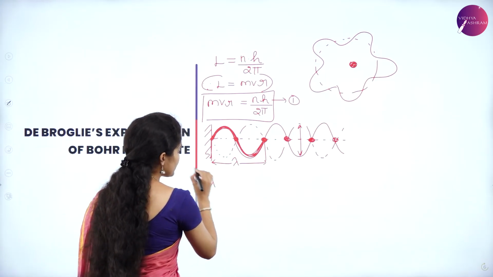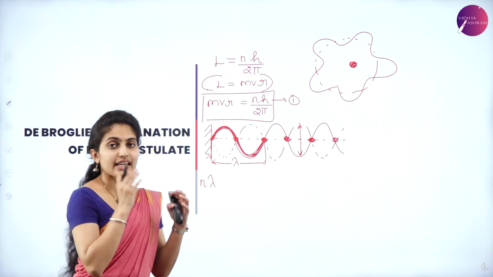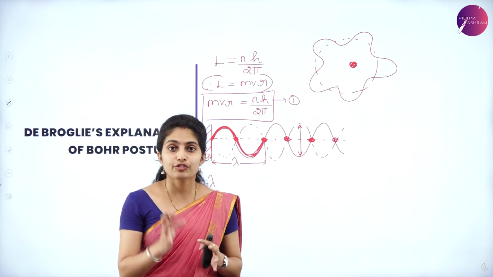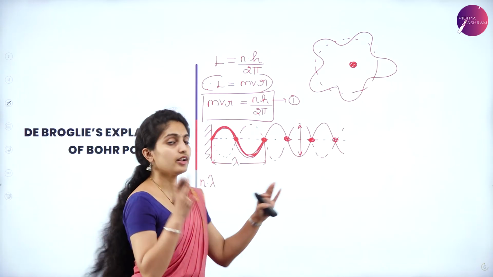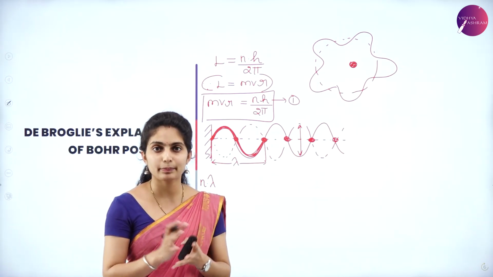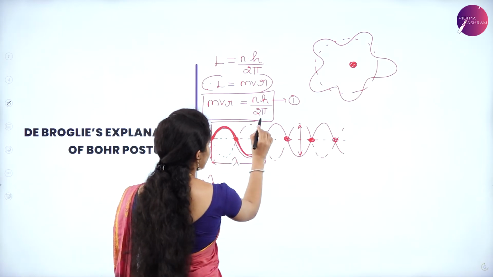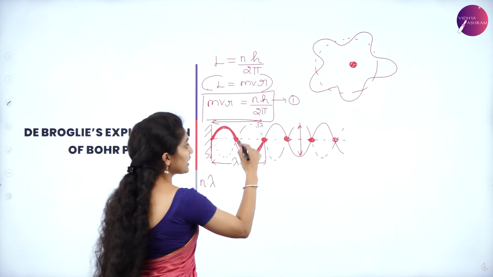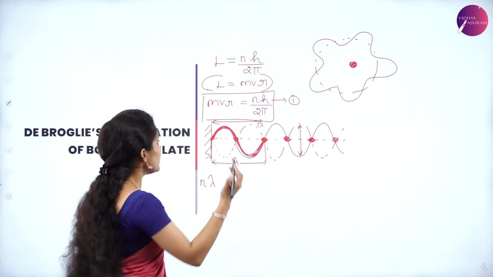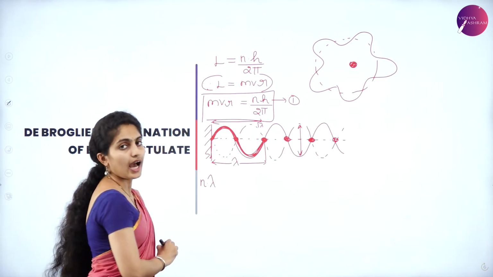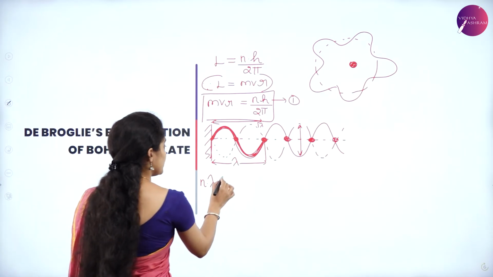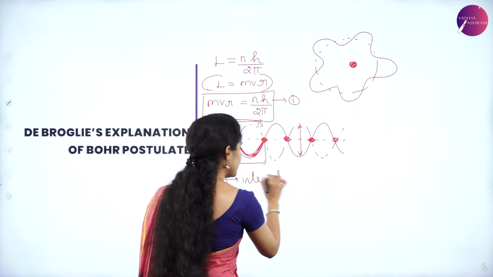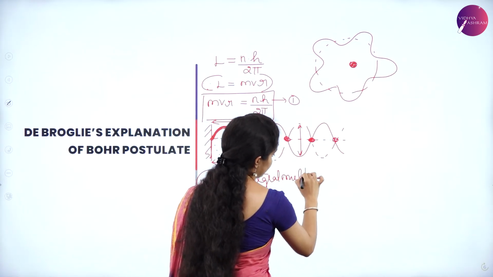Okay, and the wavelength, thus the wavelength was given by lambda and it was fused with n, that is integral multiples of the wavelength. That is, waves which are formed over here are in the integral multiples, that is 1 lambda, from here to here it is 2 lambda, like that it keeps on going. Okay, so now we have n and lambda with us, which is known as integral multiple of wavelength.